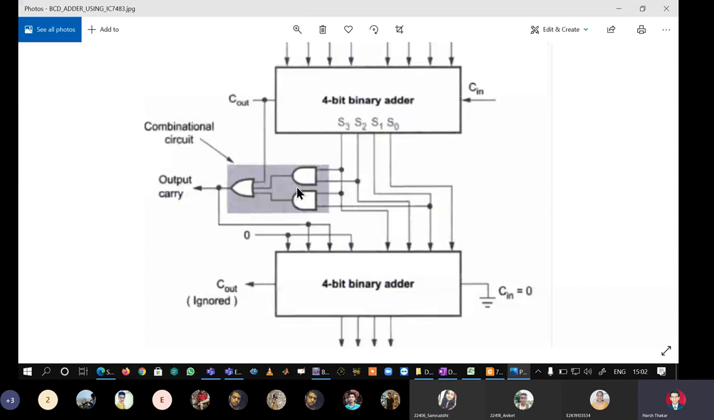Okay. Now the outputs of the two AND gates are going to the inputs of the NOR gate. So here